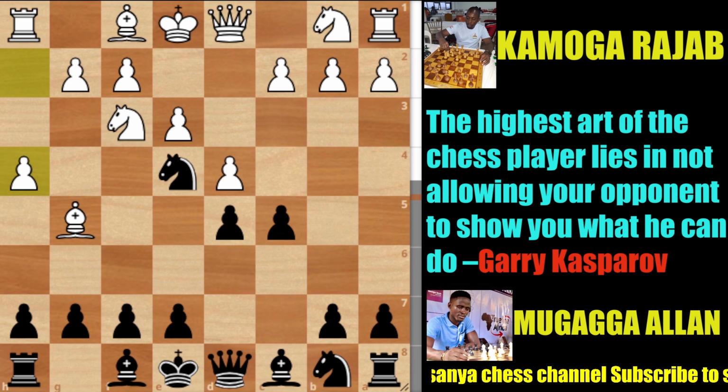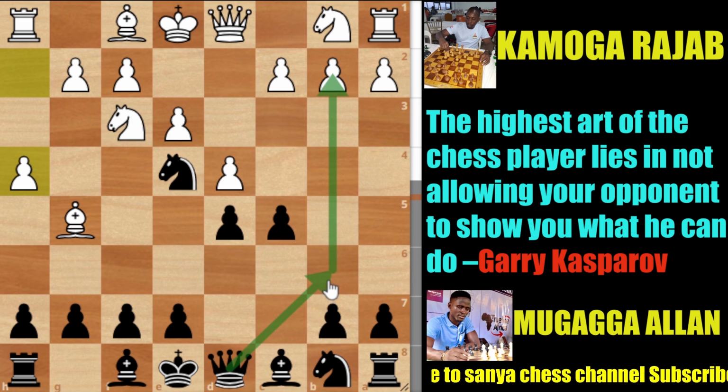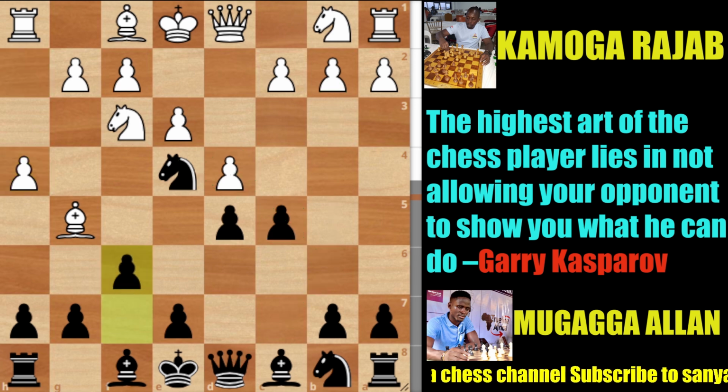And Mugagga, to make this game so interesting, queen b6 would have been considered in the position, attacking the pawn which is on b2, and also trying to attack the center from b6. But however, Mugagga played a more interesting move from a human approach, which is f6. Now, f6 is attacking the bishop, which is on g5, as you can see.